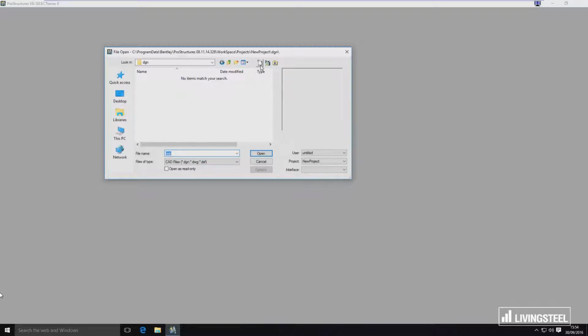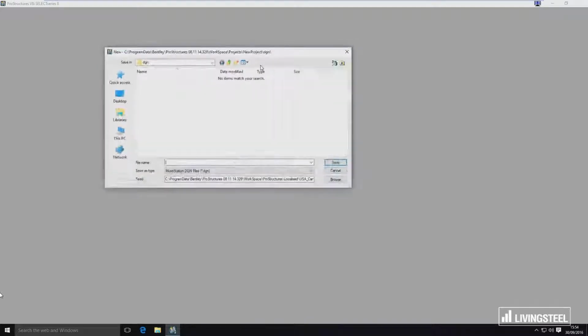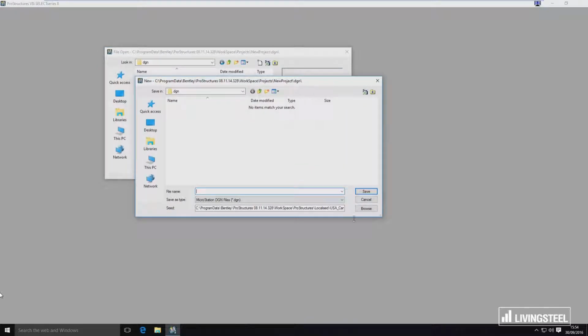So to create a new file in that project, you have to use this new file tool. So here you'll find you have to give it a file name. I'm going to call it structural model. And I'm going to choose the right seed. So here you can see we have a seed file, which is like a template file for our designs, which